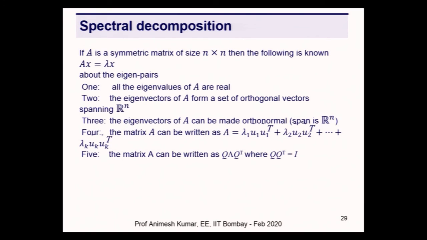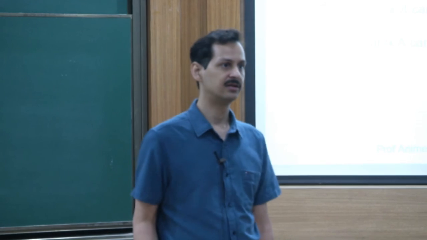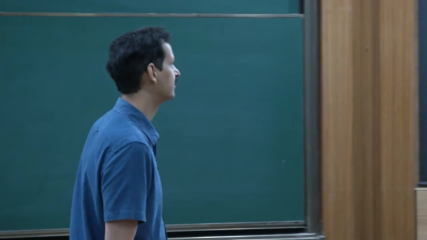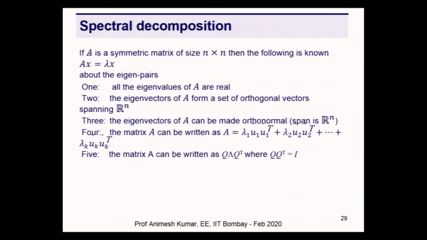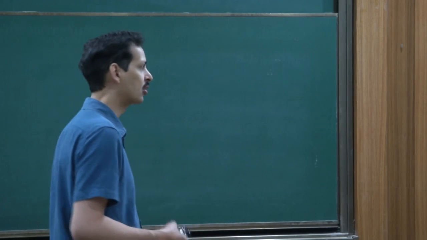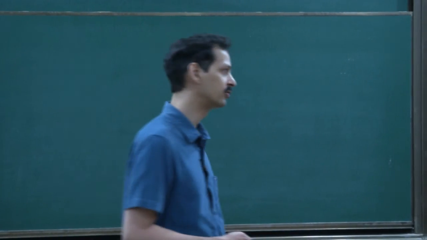This decomposition is very central in many areas of computational engineering as well as electrical engineering. Finally, one can also write this matrix A as Q times lambda times Q transpose, where lambda is a diagonal matrix of eigenvalues. Now, what is the special property here? If I look at Q times Q transpose, that's identity, which means Q is an orthonormal matrix. So Q has orthonormal columns